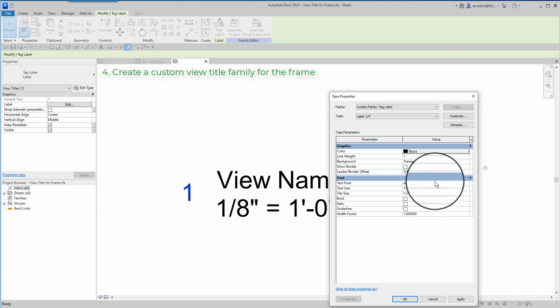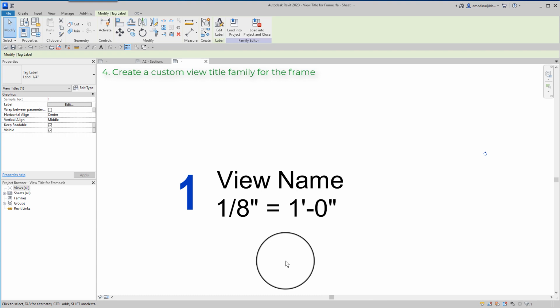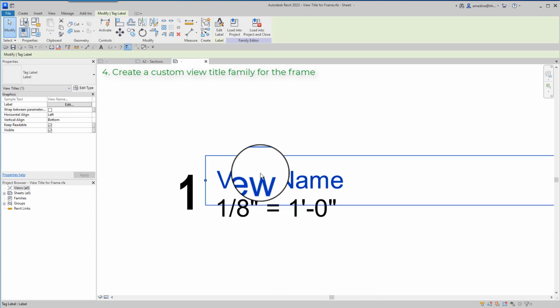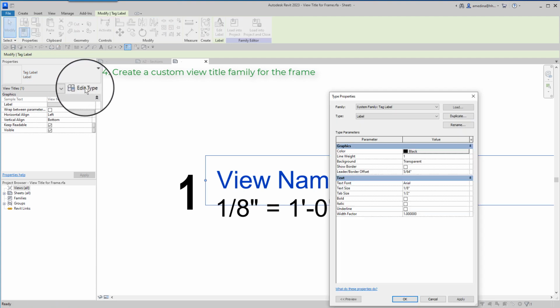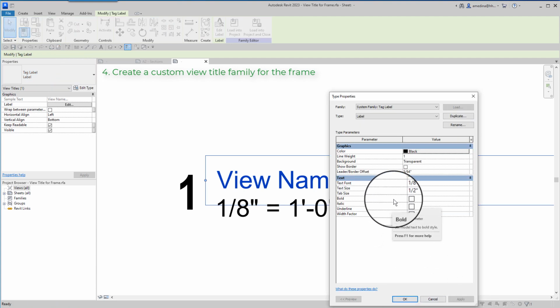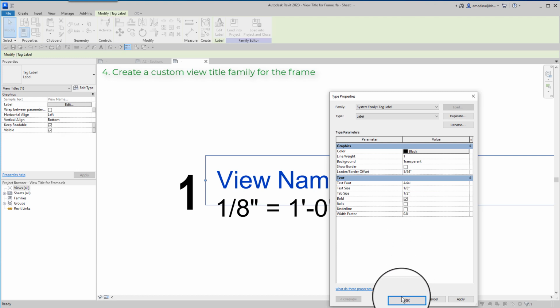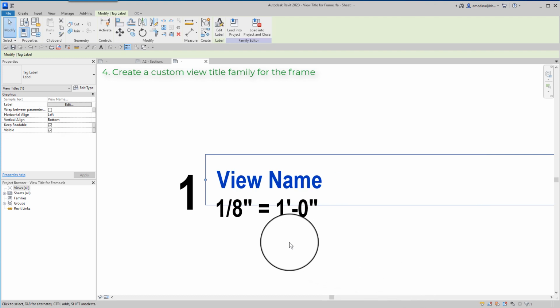Quarter is going to use bold style, and the width factor is going to be 0.8, like this. This other text or label, I want this to be bold, and I want this to be 0.8, like this.